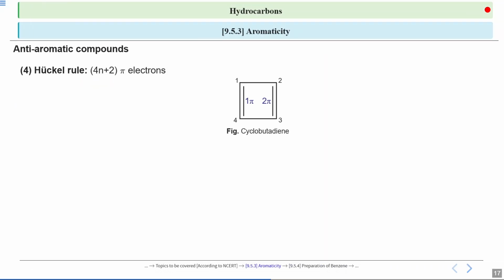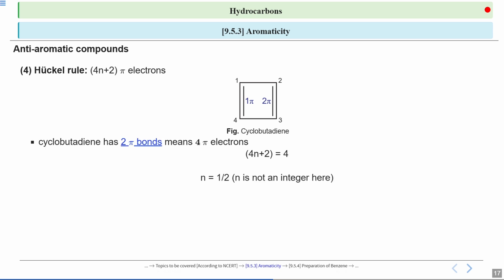Now next, the most important one. So it is following all of the 3 rules, but is it following the 4th rule, which is Huckel's rule? Let's see. For Huckel's rule, it should have 4n plus 2 pi electrons, where n is a positive integer. If you look at the cyclopentadiene, which is a 4-membered ring, you can see that it has 2 pi bonds, which means it has 4 pi electrons. If you calculate the n value from here, you will get it as half, which is not an integer, but a fraction. So you must remember that n must be an integer and not a fraction, and hence the given compound is anti-aromatic in nature because it is following all the 3 rules but not Huckel's rule,